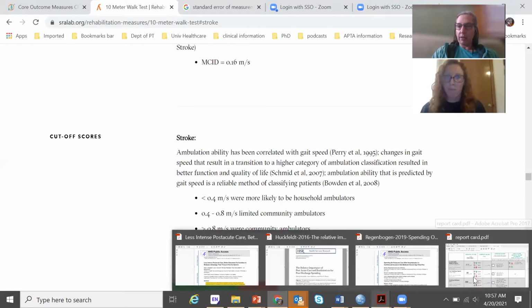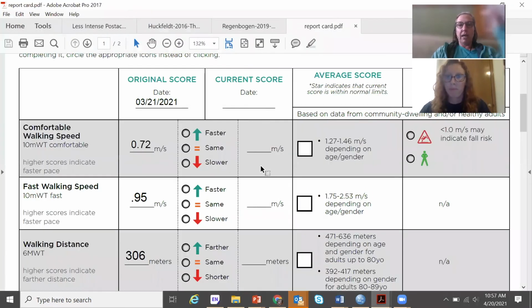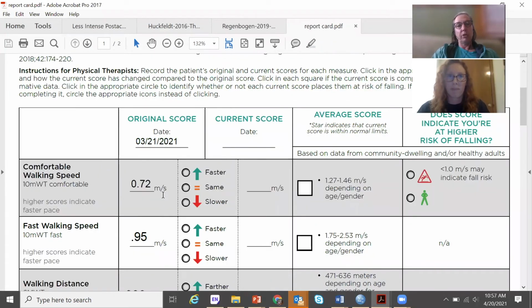Okay, so now let's go ahead and come back to our report card. Just to clarify this report card, we may sit down with her and say, look, I really want you to improve this. It definitely states that based on data from community-dwelling and/or healthy older adults, these are our concerns. So if you say to her that this is normal for her age, I'm not sure that we'll ever be able to get her to that range. But as we just stated, if she does make an improvement, we can say that she's faster. And I would write down, for somebody who's had a stroke,